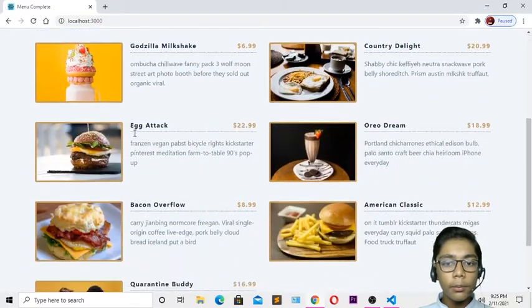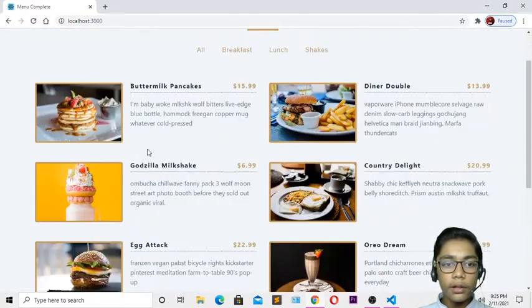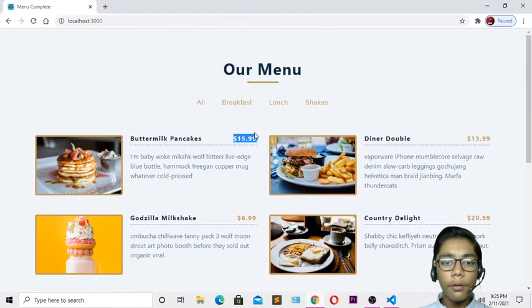We are getting all the breakfast, lunch and shakes which we want. You can see that it is also getting a title, then the lines over here which we have just created, and it is also getting a price, which is $15.99. Then all the prices and all the pictures are also coming in the beautiful border which we have just created. When you create an app, it will create all the things for you like that.